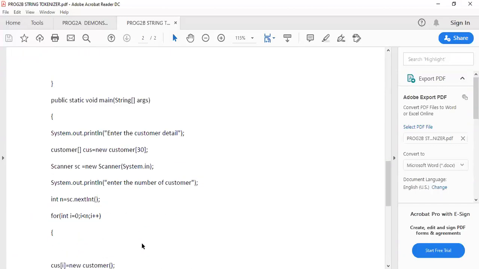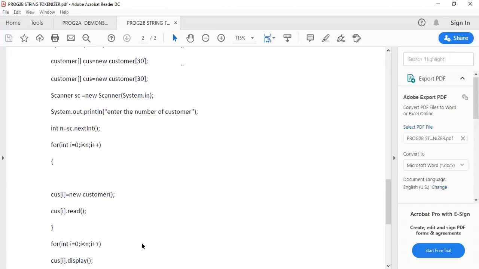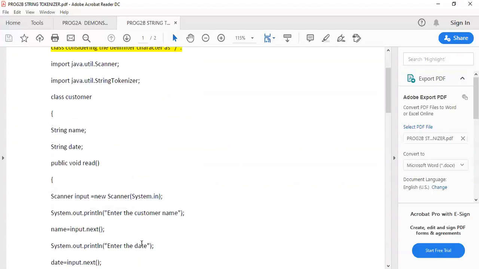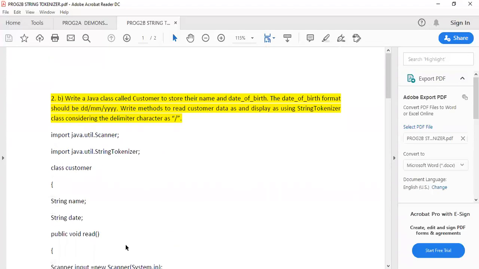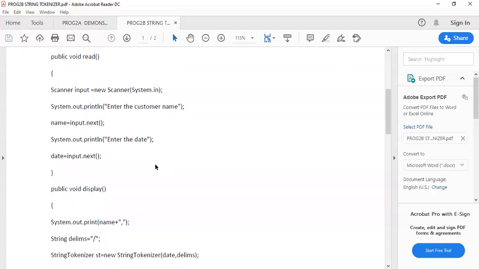So that is your second program, which explains the concept of StringTokenizer. This particular date is separated into day, month, and year by inserting a comma in between: day, comma, month, comma, year. So this is your second program.